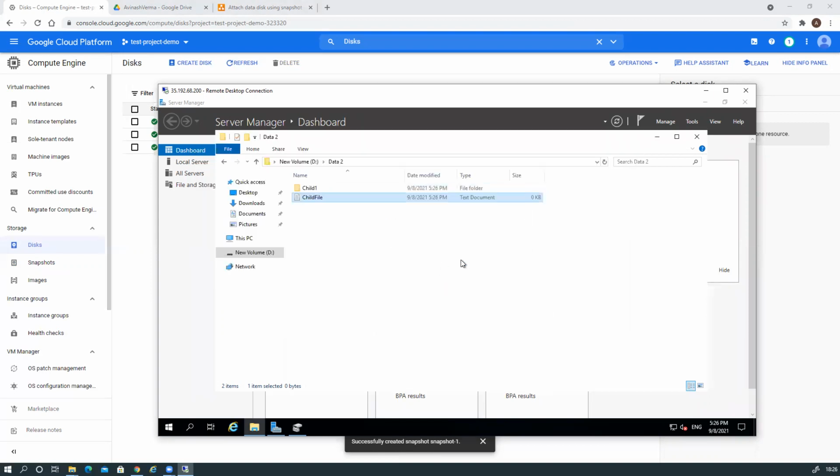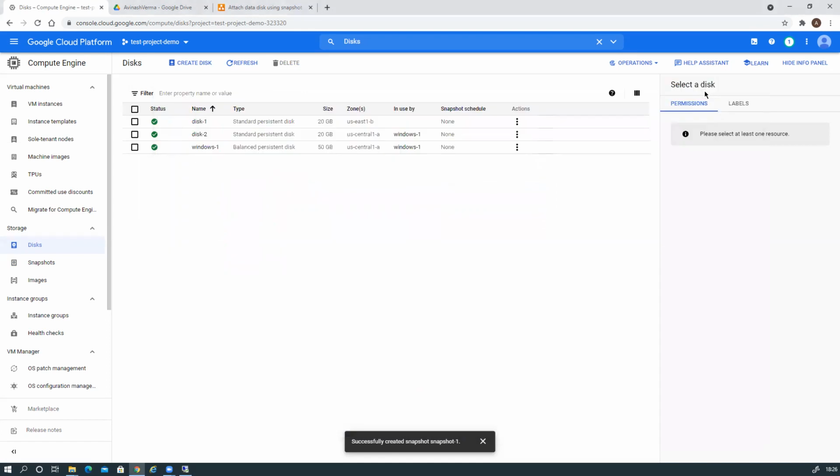And save this file. Now what we will explore, we will try to add the disk with the snapshot 1, and now this is updated. So if we refresh it and